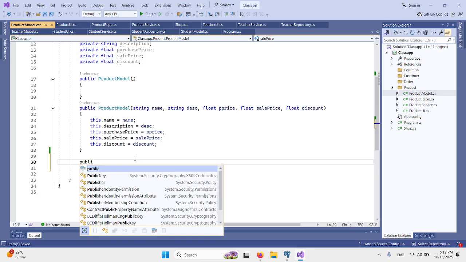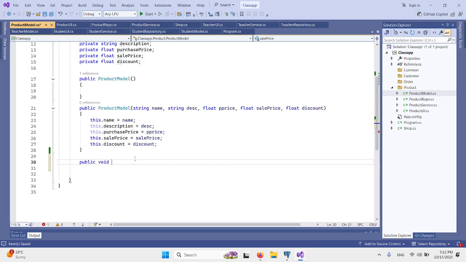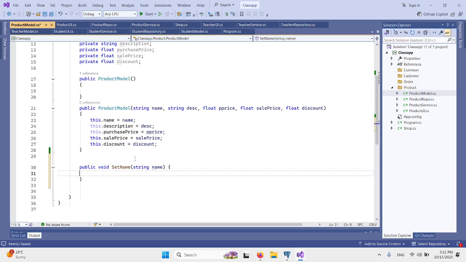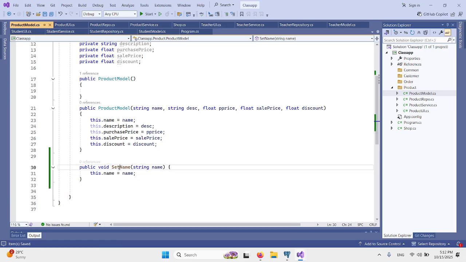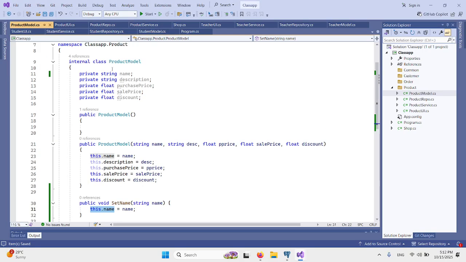For this, we create a public void set name. This dot name equals name. So this is a setter. When you call this function, you pass it a name and it will update this name, which is private.